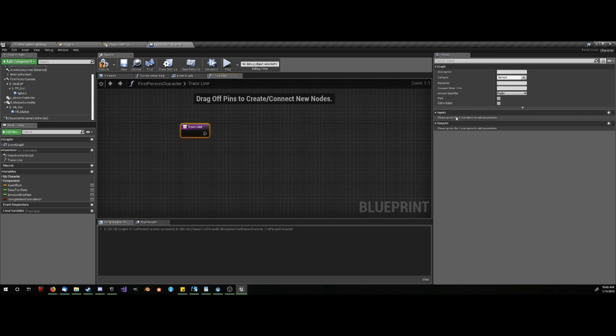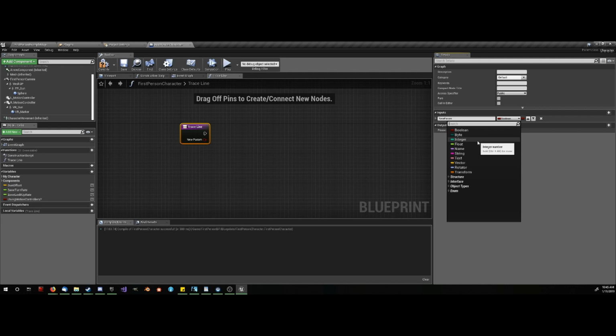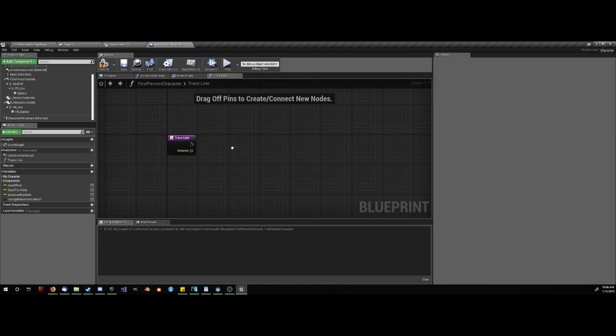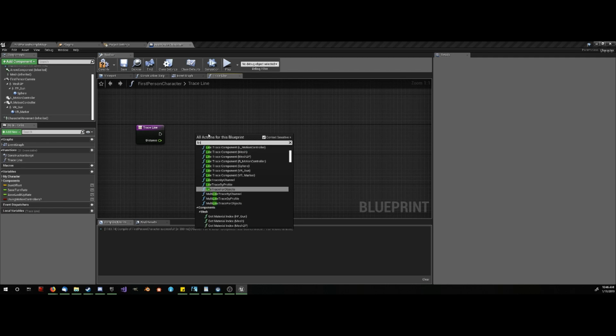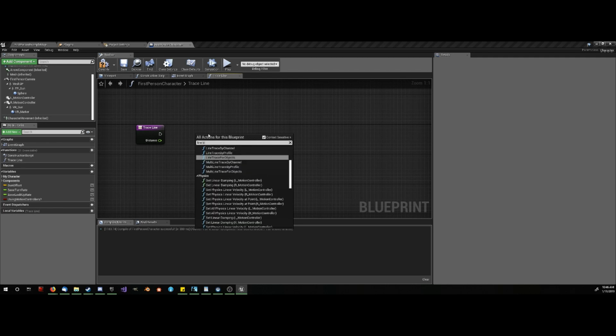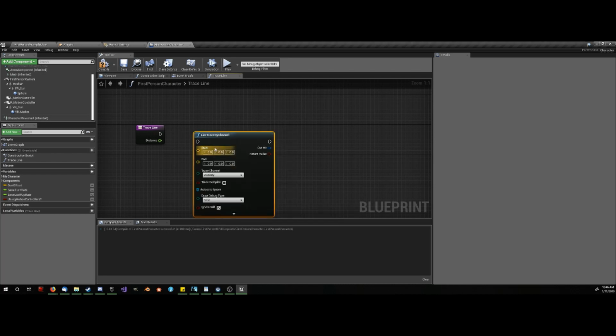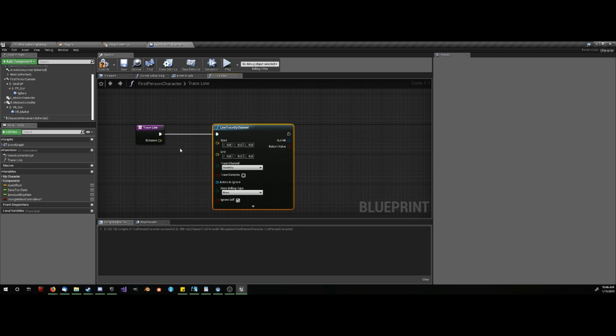So in our function, we will just create a new input, call it a float and call it distance. And so the idea behind this function that we're building as an example is to just trace a line straight forward from the camera and see what we hit. So we can do a line trace by channel and hook up the execution,